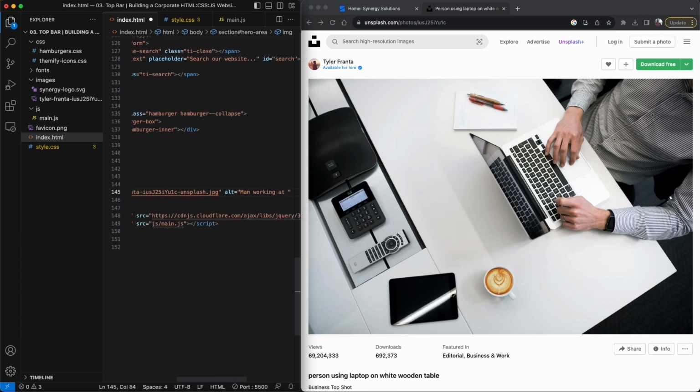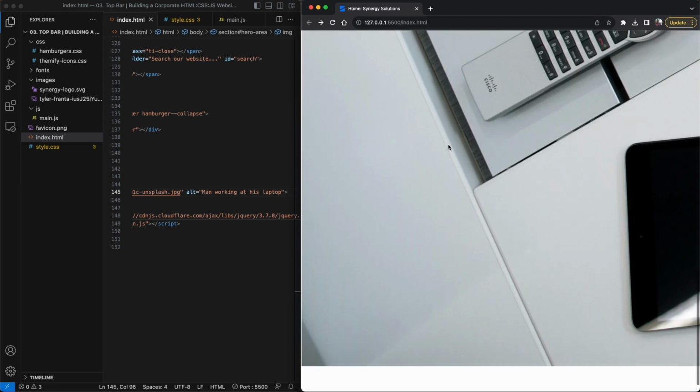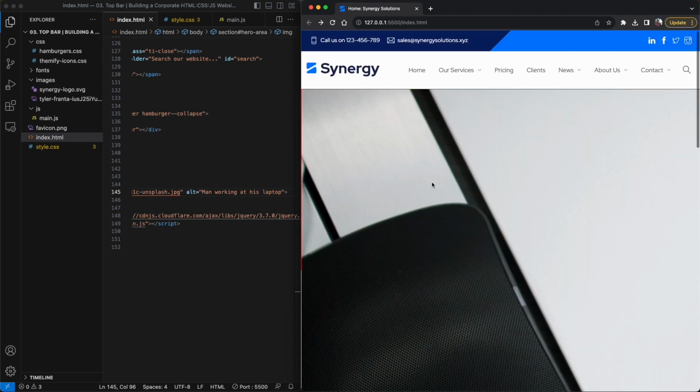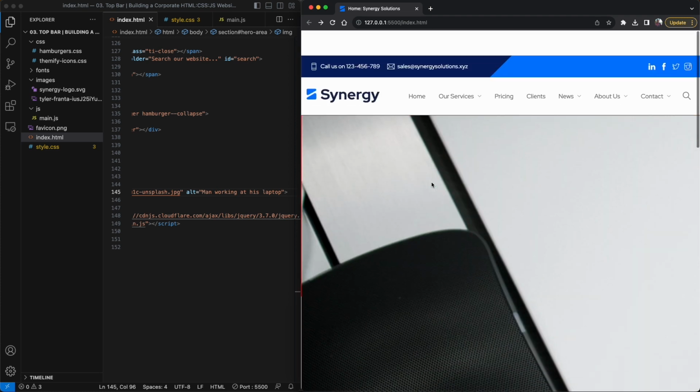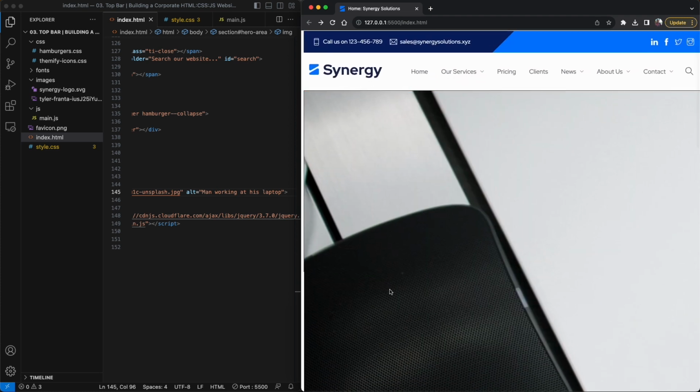Working at his laptop, something like that. So save that. I can get rid of this tab now. And here is the image, which is a little bit too big, but at least it displays fine. So now what we're going to do is make this image 100% height of the parent, which is the